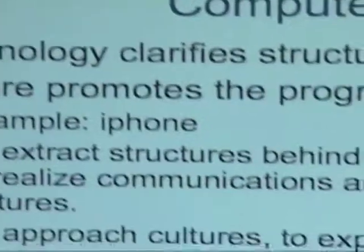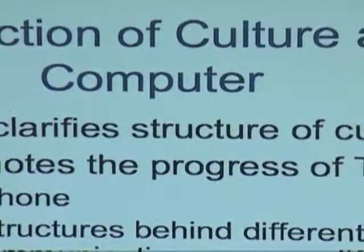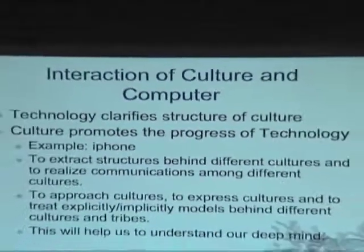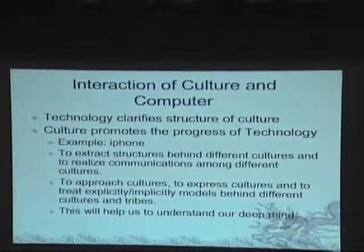By utilizing interactive technologies, how can we express culture? This is what I want to emphasize. Technology can clarify structures of culture. So technology would be useful for the clarification of the cultural structure. And technology would create culture. That means